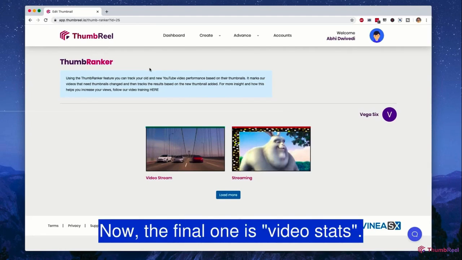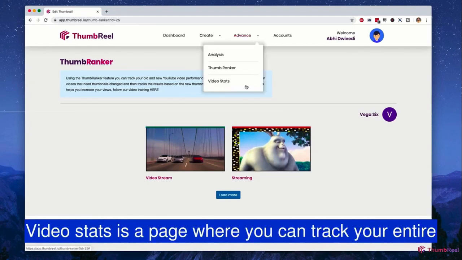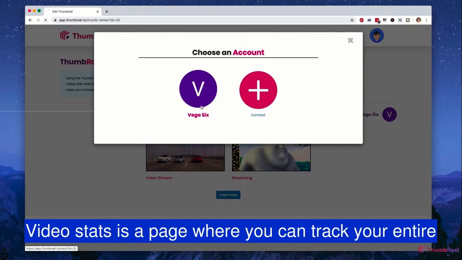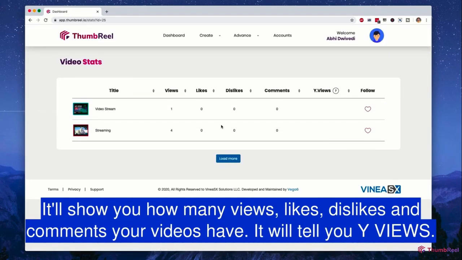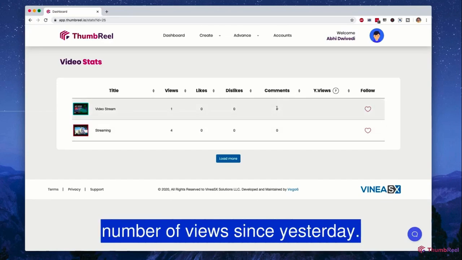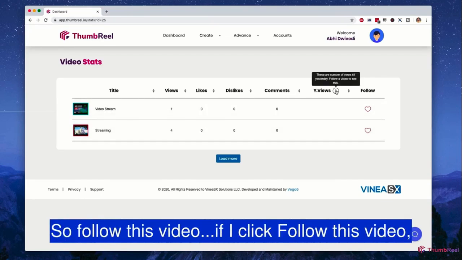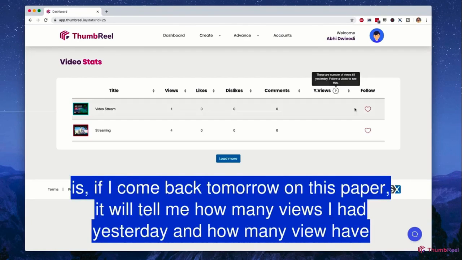Now the final one is video stats. Video stats is a page where you can track your entire YouTube channel and see how many views, likes, dislikes, and comments your videos have. Now these are the number of views since yesterday. So follow this video. If I click on follow this video, what this will do is, if I come back